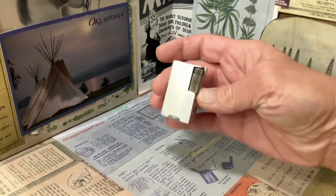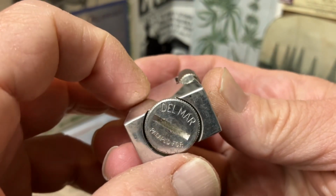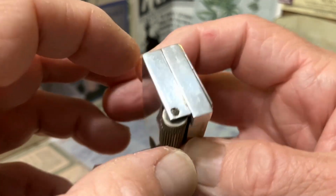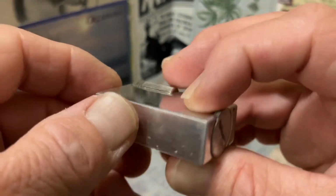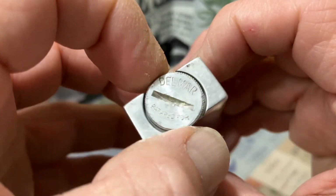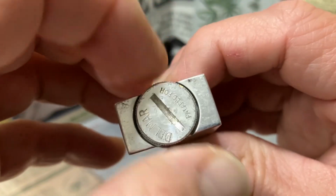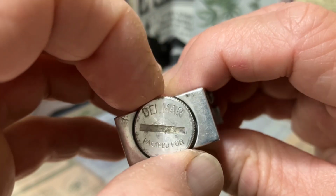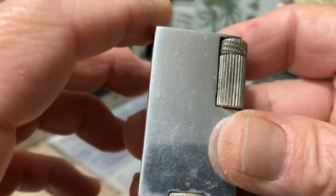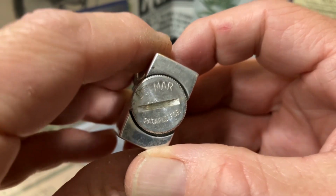Today we have a vintage Del Mar aluminum block petrol roller lighter. I couldn't find any information about this lighter. My go-to site, the one I always look at first, is Frank Dutton's Toledo Bend BCL site, and it was not listed there. I did a Google search and nothing showed up that way either. But you can see that the fill screw is marked Del Mar,